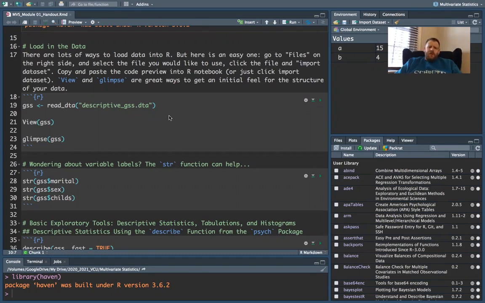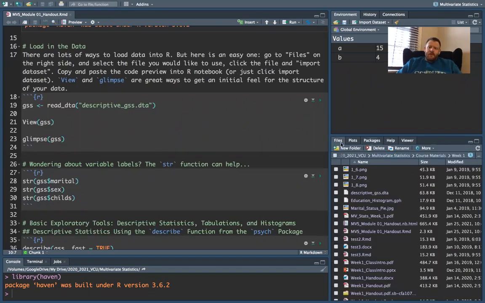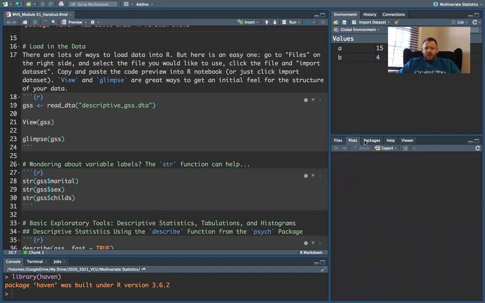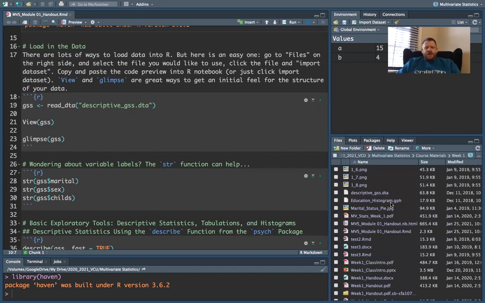So first step, which is not to be underestimated, is getting the data into R, loading in the data. And thankfully, RStudio has made this, I think, extremely easy. If you remember in part one of the video, I talked about this little file pane down here. We have files, plots, packages, etc. This file plot makes it very easy to import data into R. So here I've navigated to week one, where I have all the materials for week one. And I want to load in this data set called